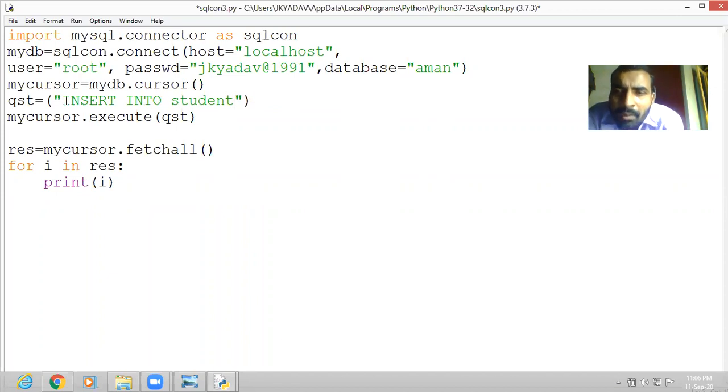No, actually commands can be in capital or small, it does not matter. I had told MySQL is case sensitive, but in case of the field names and records, not in case of its commands. Its command can be capital or small. Okay. So insert into student.